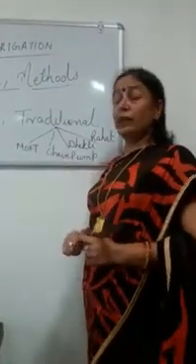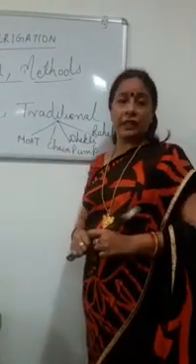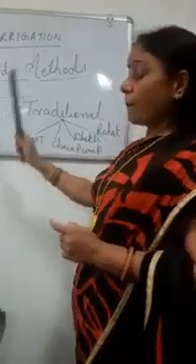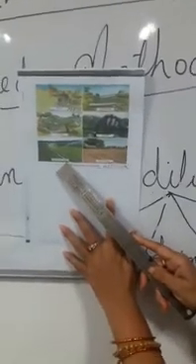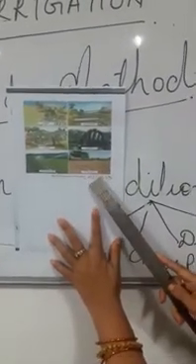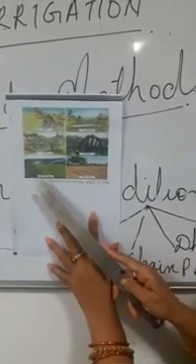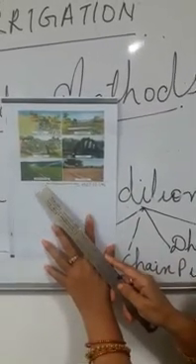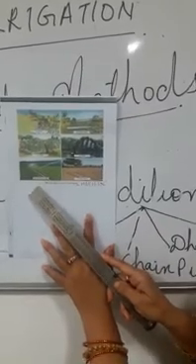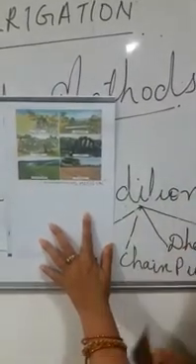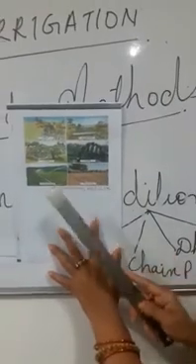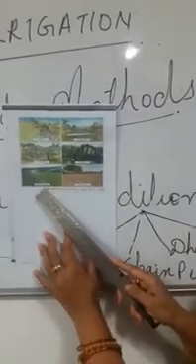In traditional methods, what happens? Water is wasted. So we use modern method of irrigation. These two are modern methods of irrigation. This is sprinkler irrigation and this is drip irrigation. You must have seen these types of pumps in many of the gardens. In sprinkler irrigation, gardens or fields are irrigated with the help of a sprinkler which is run